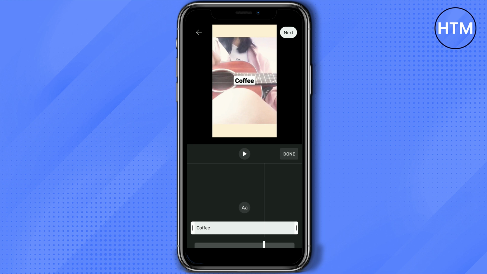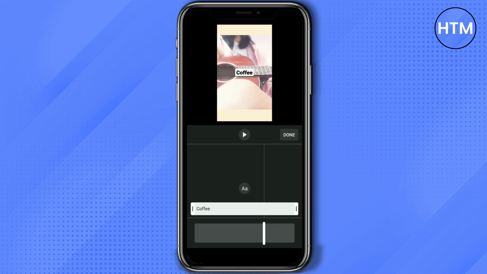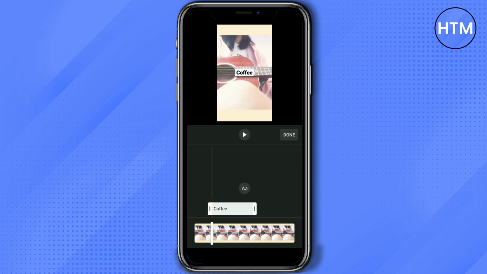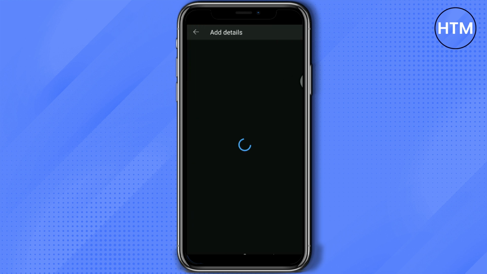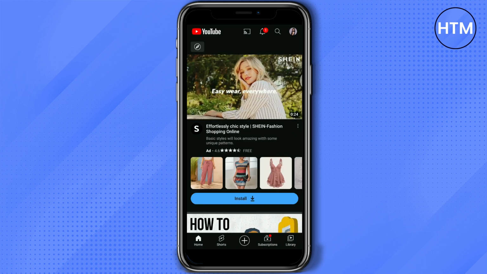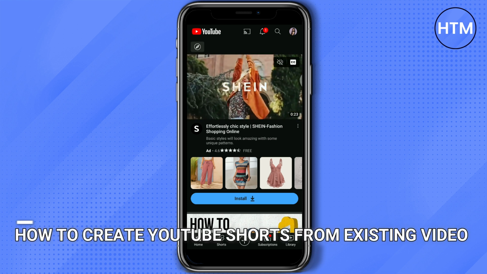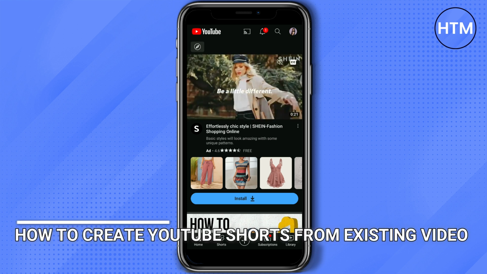and then edit your timeline, the timeline of your video. So like for example here, the text will only appear in a portion of the video, and then click next, then just add like a description. And that's it. That's how you create YouTube shorts out of your